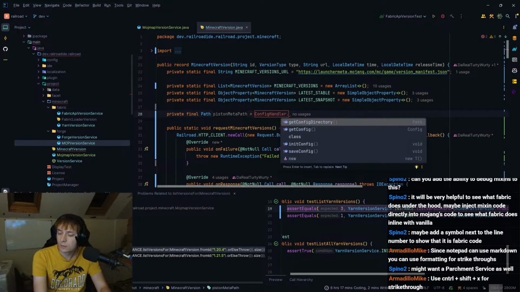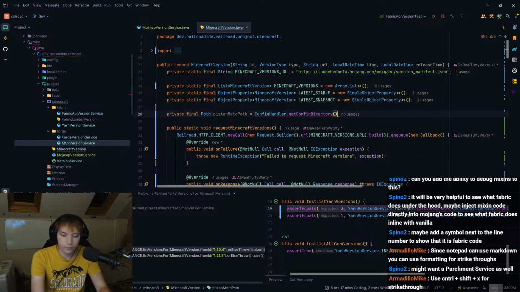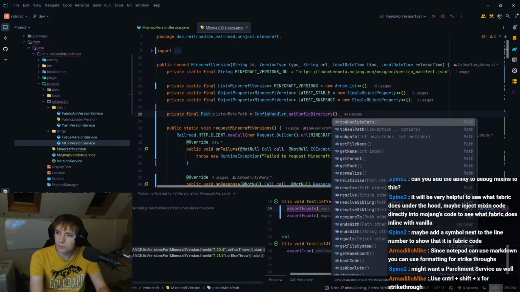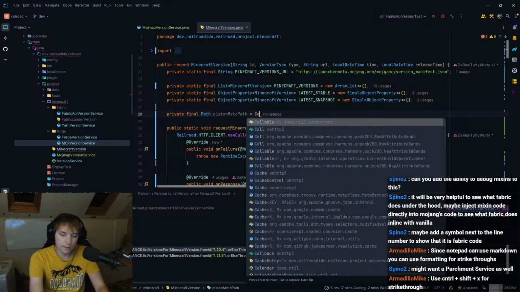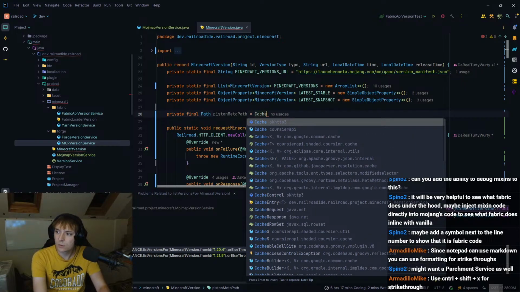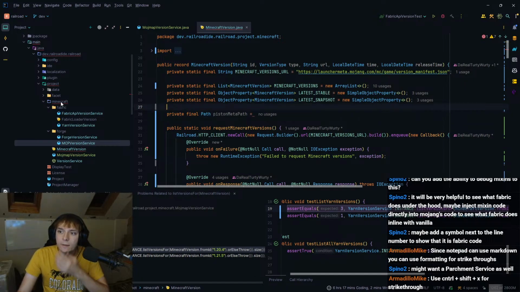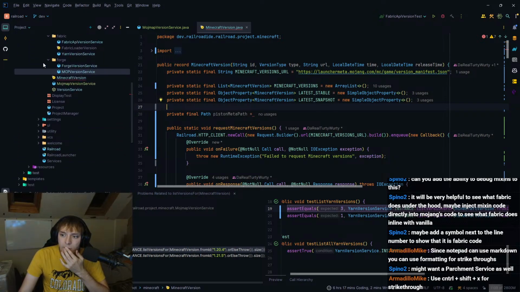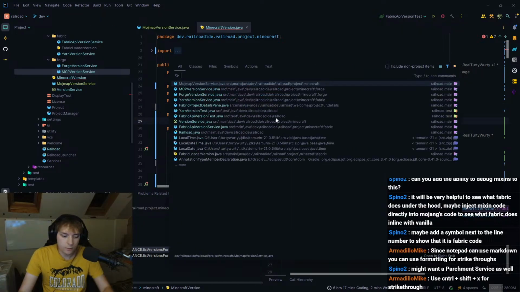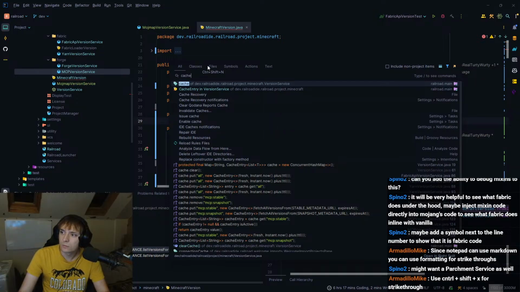handler .get config directory. No. Do I have a cache? No. Where do I store it? I have a cache thing. I'm using it for project icons. Let me see if I can find it. Let's look for cache files.